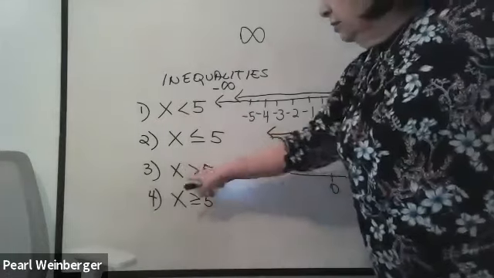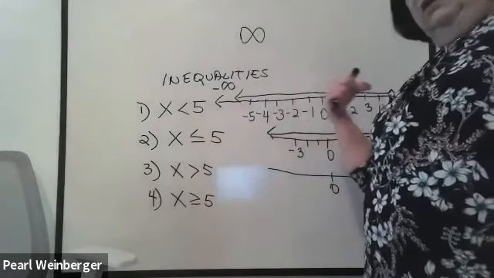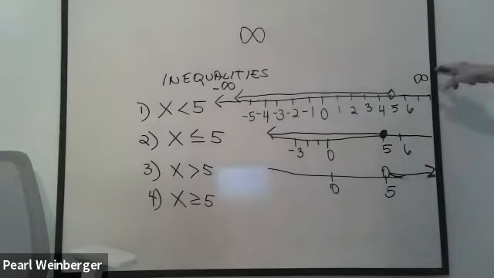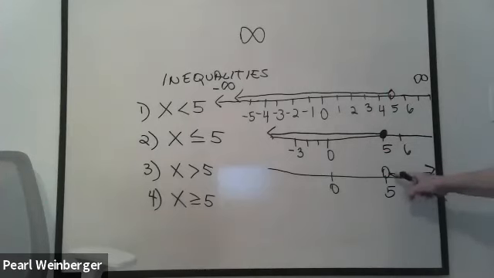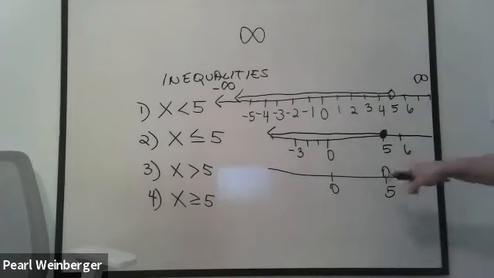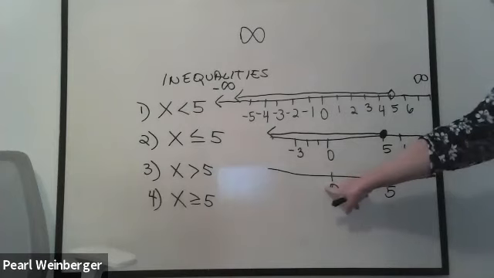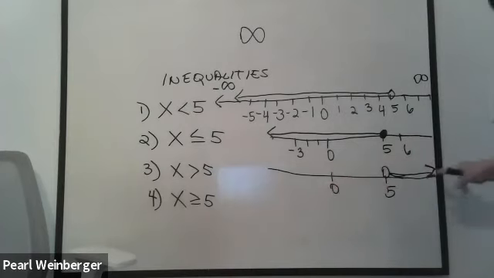Again, do you see how this looks like an arrowhead? Which way is it pointing? To the right. Notice it goes all the way to positive infinity. And the open circle means what? It means all the numbers that are bigger than 5, but not including 5, all the way to infinity. In other words, 100, 6, 25. But 0 wouldn't work because 0 is not where the arrow is, and we know 0 is not greater than 5. Is that clear?